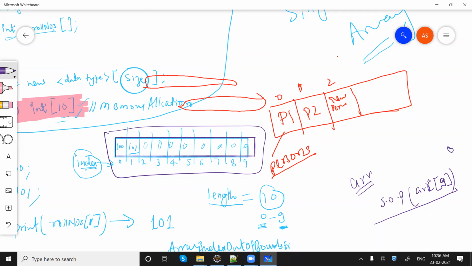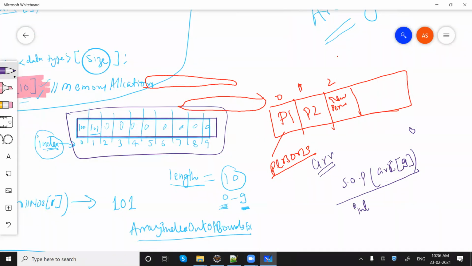Now, what if I say int x is equal to ARR of 9? What will be stored in this x? Earlier, we were giving this value to system.out.println.